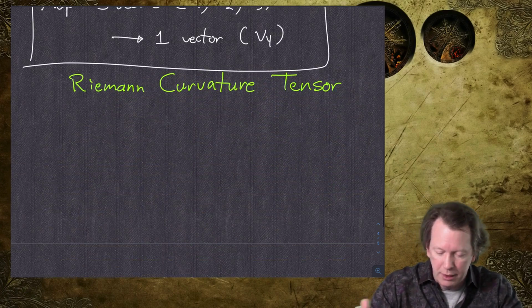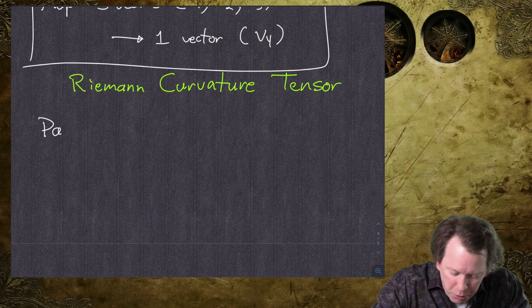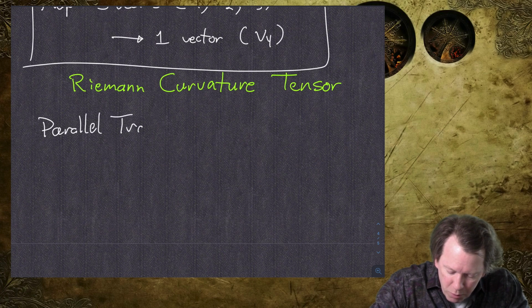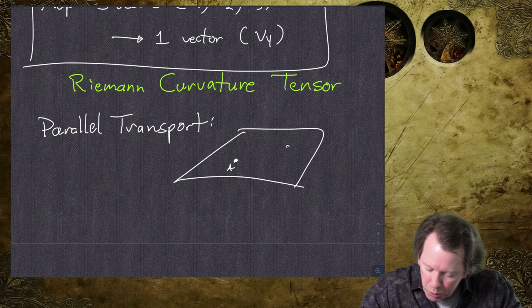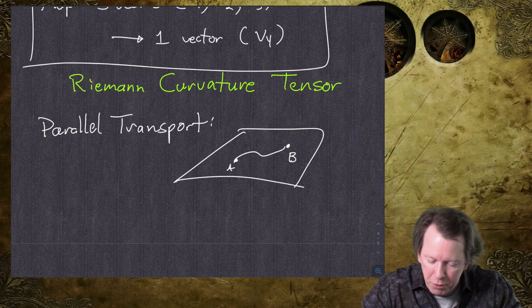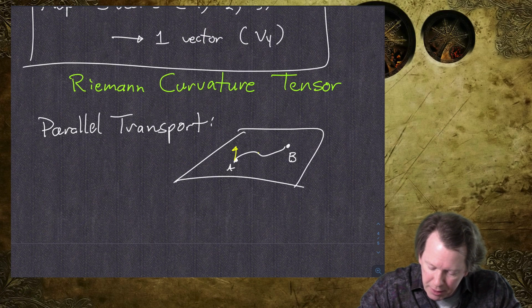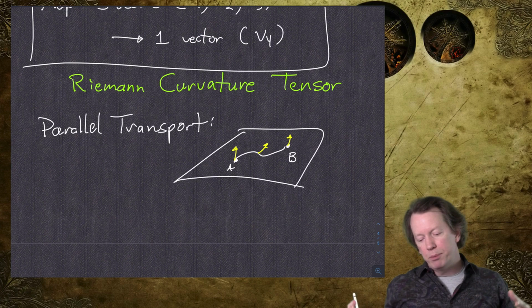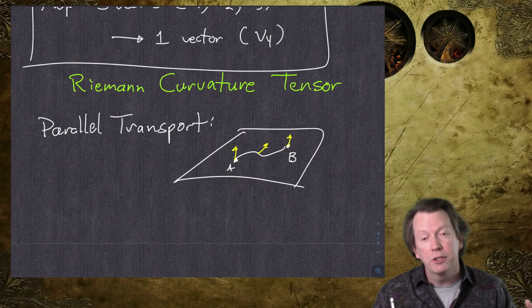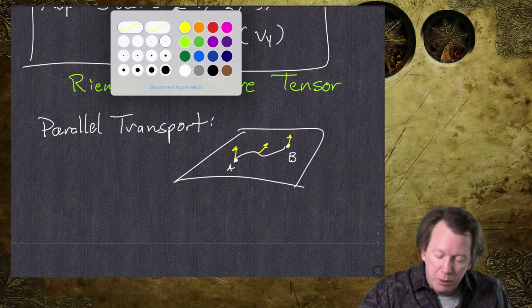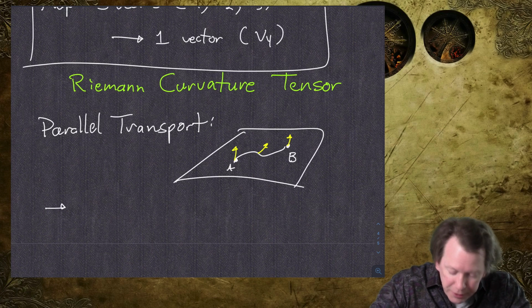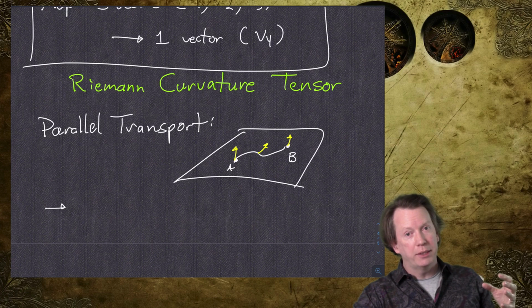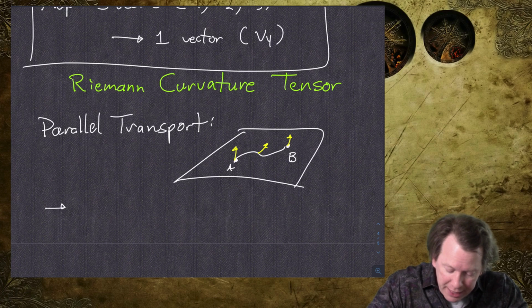And what that means is, in other words, parallel transport from one point to another is a way of basically, this is some curved manifold. I have point A, point B. I have some path that I move on, then some vector that I'm going to parallel transport along the path. Parallel transport is a way of comparing vectors at different points in space. So if you like, it's a way of connecting what's going on at one point in space to another. So it requires data or information, an answer to the question, what does it mean to keep things parallel, in the form of a connection